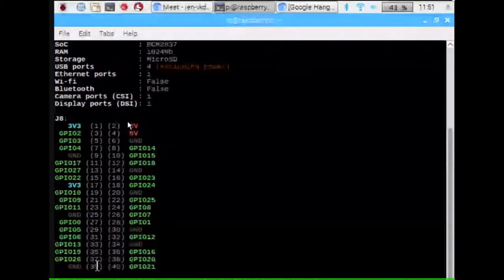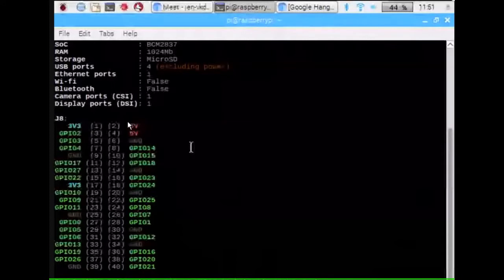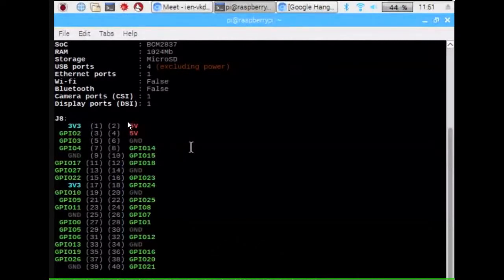Now, to write a program, we use two types of mode to provide the connection from the Raspberry Pi. One is BCM mode and the second one is board mode. For board mode, the sequence of the pin number is 1, 2, 3, 4 up to 40. Whereas if you are going to use BCM mode, it will be the green highlighted GPIO 2, GPIO 3, GPIO 4, like that, GPIO 14, 15, 18. So in our programming, we have to use those numbers to pass instructions to the particular device.